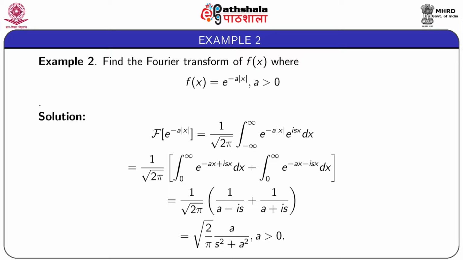So, writing this, we can simplify to obtain the Fourier transform of e to the power minus a mod x as